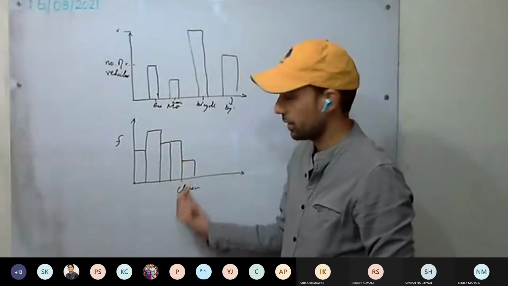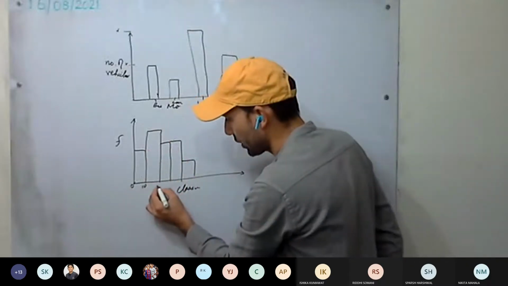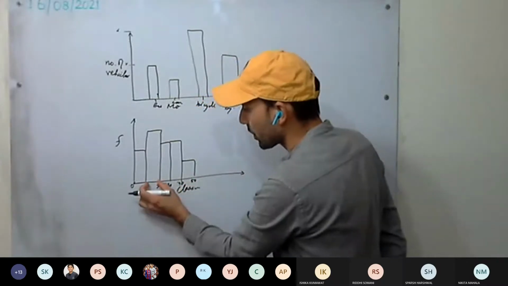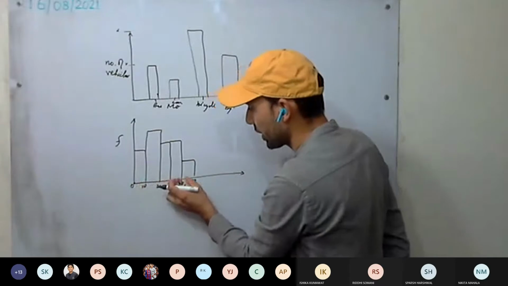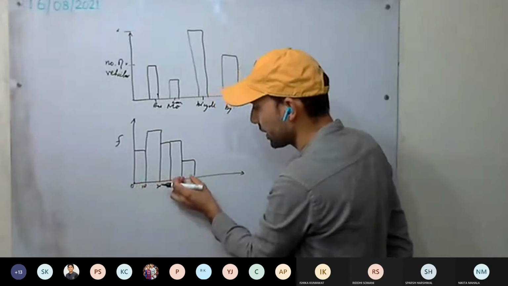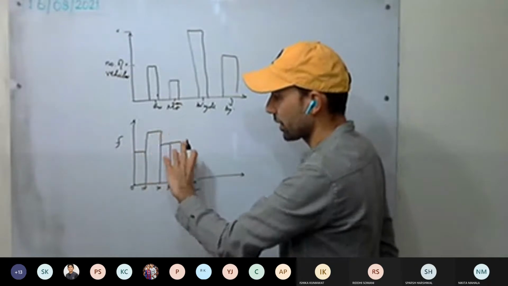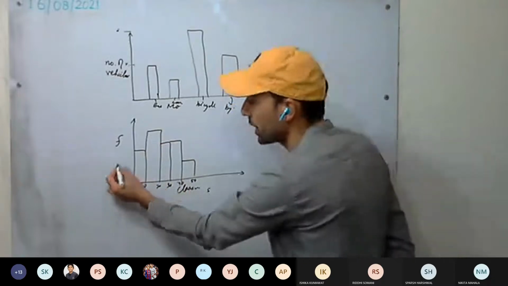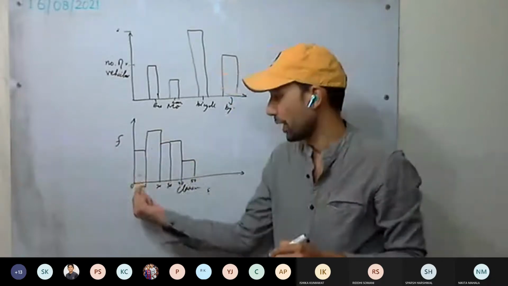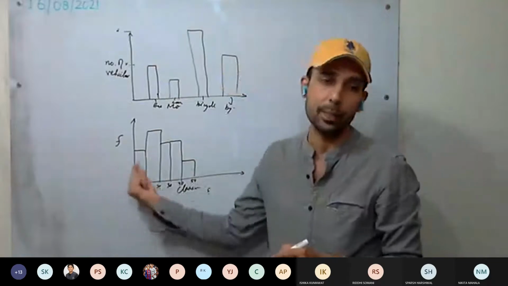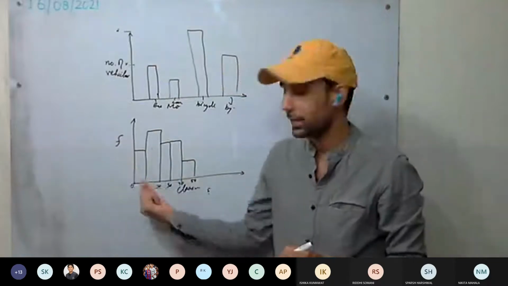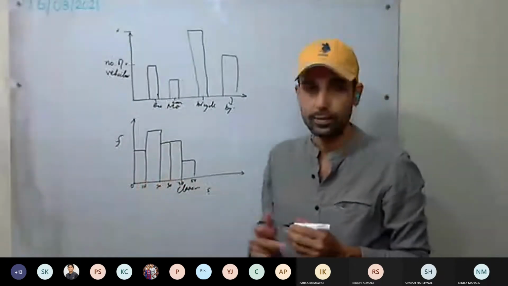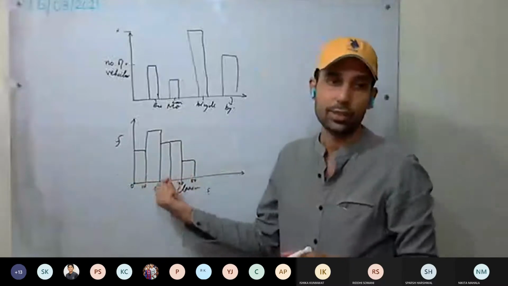There is no breakage. 0 to 10, 10 to 20, 20 to 30, 30 to 40, 40 to 50. This width is the same. Horizontal width is the same. Vertical height, you can see, is different depending on the frequency. So you will take a scale for the x-axis and a scale for the y-axis, and they are independent. That is, you can take a different scale for frequency and a different scale for class interval. That will be up to you. This is clear? So this is the graphical representation of the data.